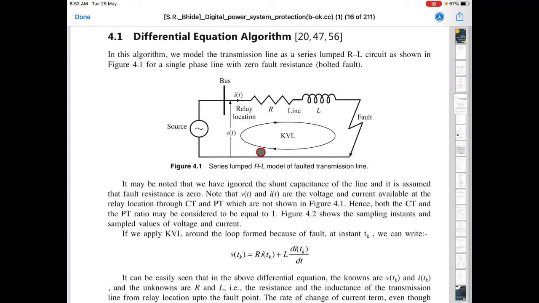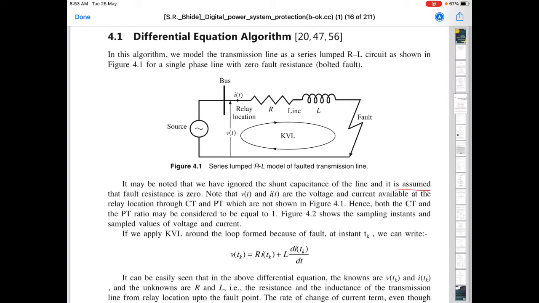So this is a topic of the third module in the relaying algorithm. We have already seen this differential equation algorithm. I'm not going to repeat this, but there is a concept or assumption that we made here, and we want to prove whether that assumption is right or not. We'll see a numerical problem where we'll try to justify that whatever assumption we made is true.